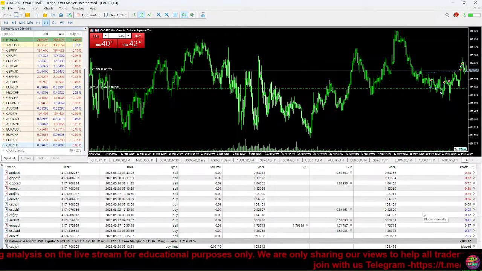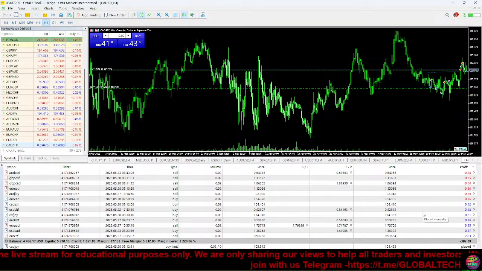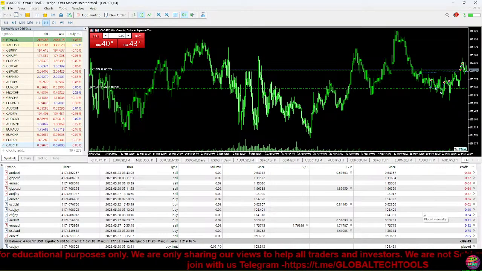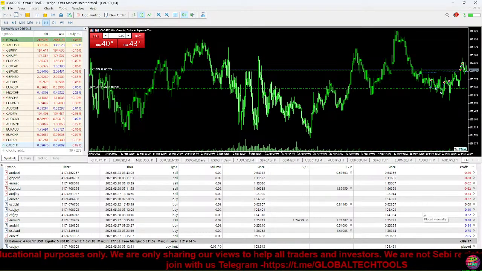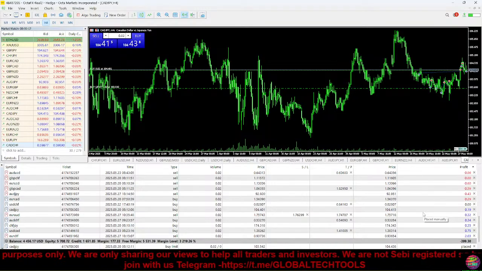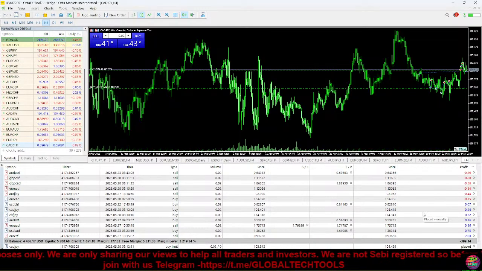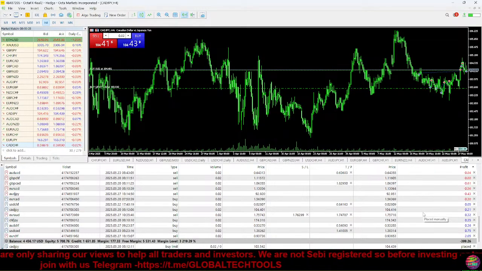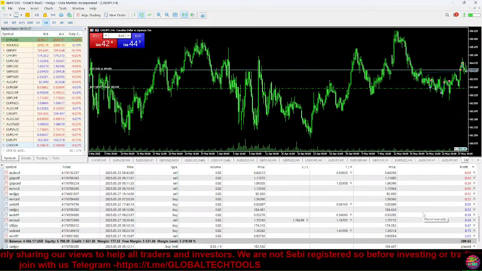So right here, you would have a 40 pip stop loss, and then the lot unit would always stay 1. I'll explain this as well later in the video. You simply click calculate, and then boom. You're going to risk $50 on your account, and this is the unit or lot size that you're going to use. It's that simple. All this platform does is calculate the risk that you want to place on your account, so you can place the amount of units or the actual lot size that you want to bet on this trade.